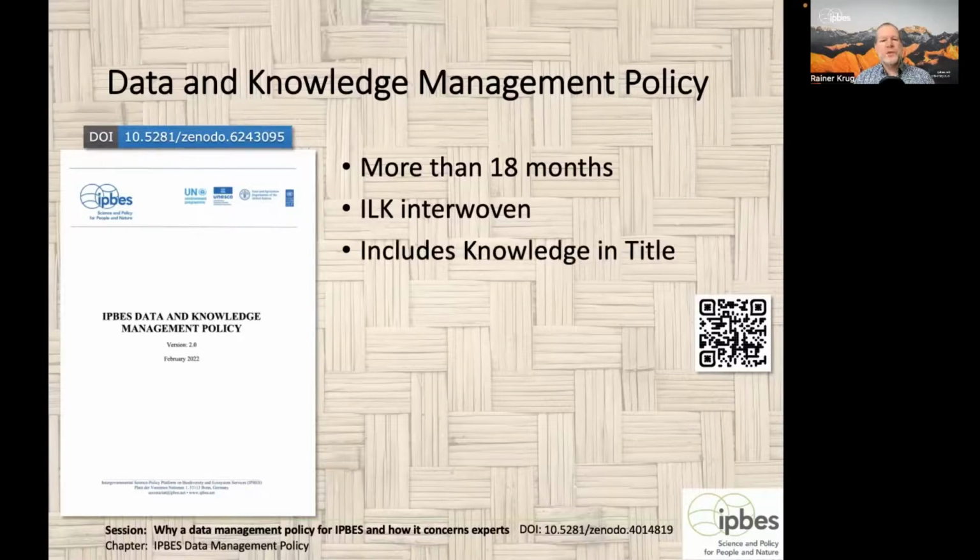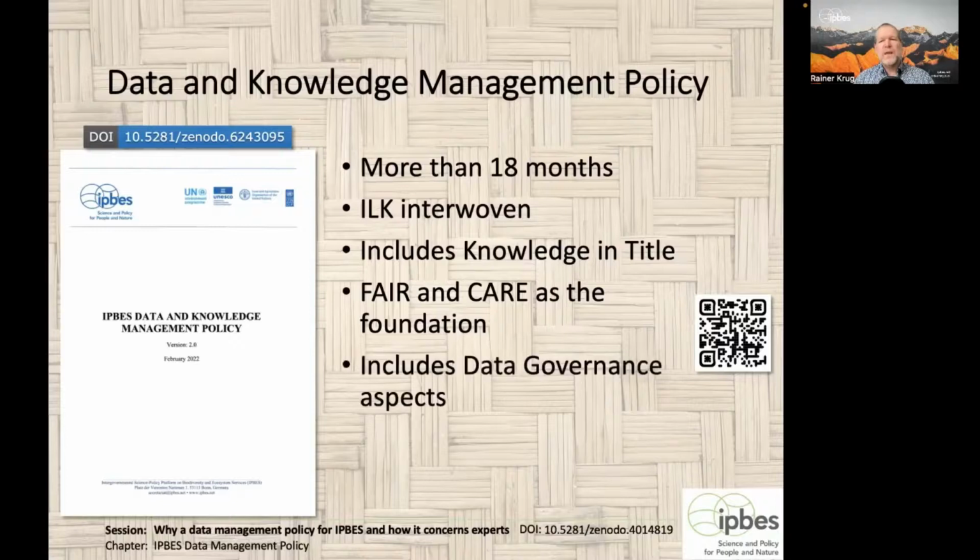It includes knowledge in the title, and it's talking throughout the whole document about data and knowledge, and not only data. It has fair and care principles as its foundation. It includes data governance aspects, and something we can be a little bit proud of is that it contains the terminology collective benefit.